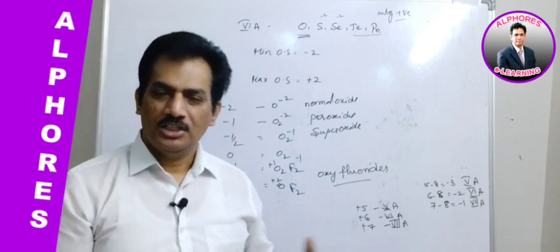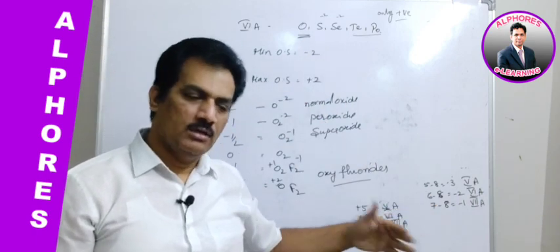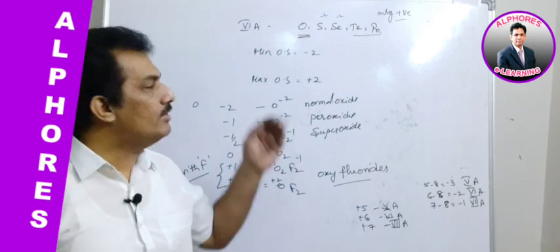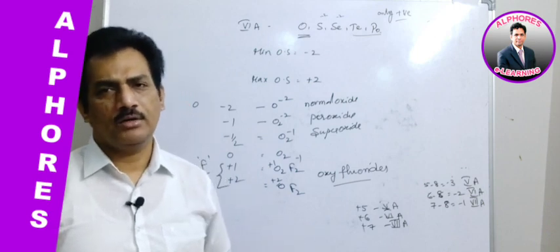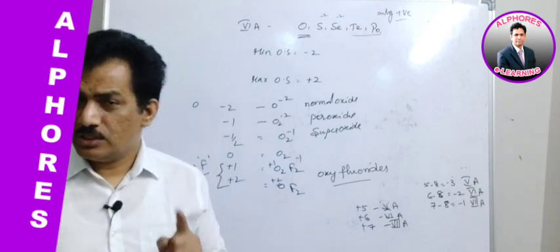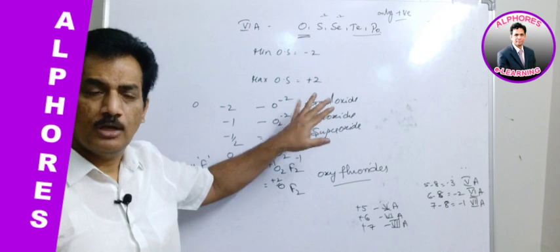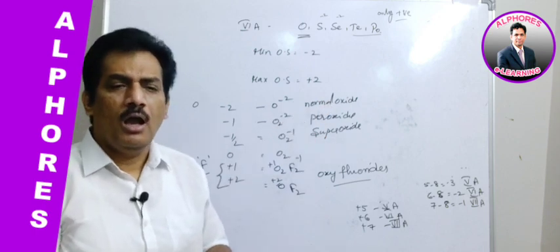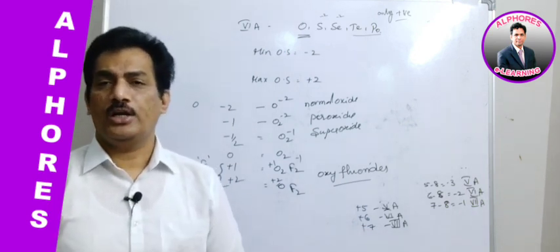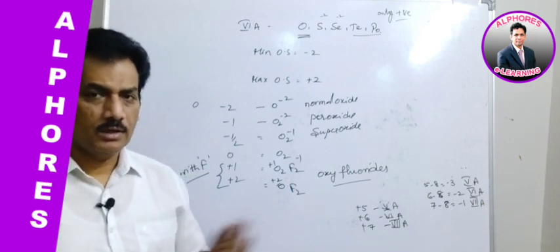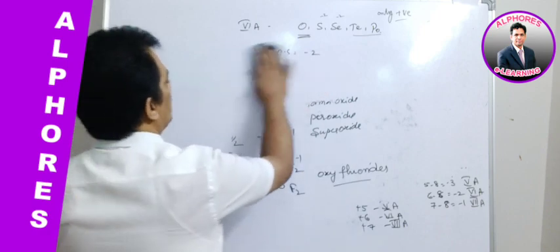If we move like that, it will be in depth. But first, if you have a thorough idea from this session, then in the coming chapters, whenever they appear in their respective groups, you will get some more information in addition to this. But dear students, remember, by that time you should acquaint yourself with all this information. It should be normal and familiar to you. Then only can you add more information for those concepts. Clear? And now coming to 7th A group elements.